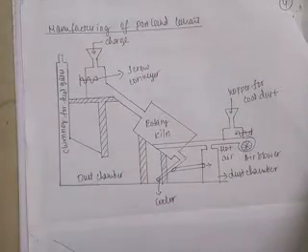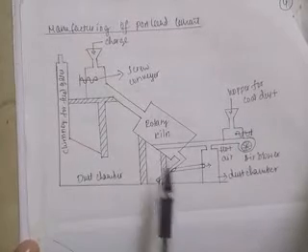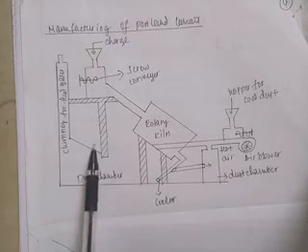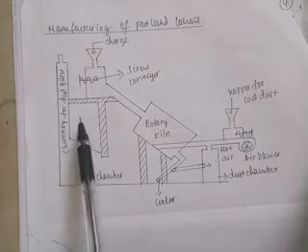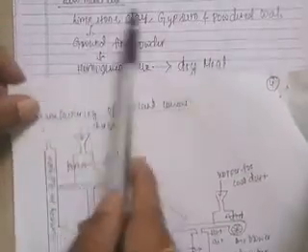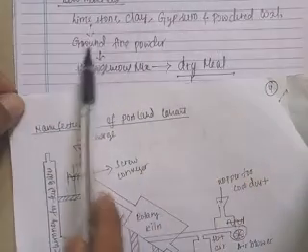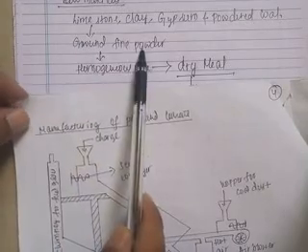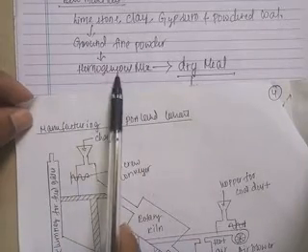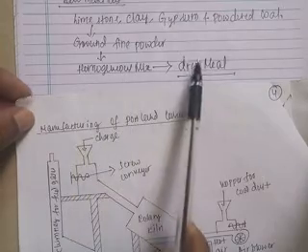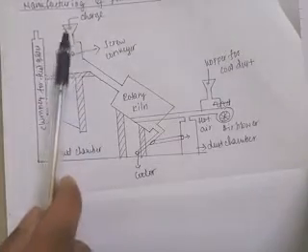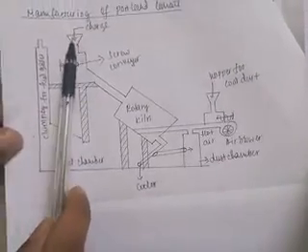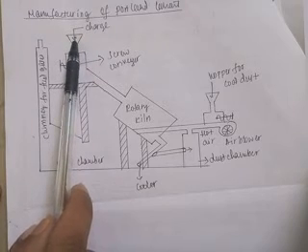Here you can see the rotary kiln. It is used for the manufacturing of Portland cement. The raw materials, that is limestone, clay, gypsum and powdered coal, are separately ground to a fine powder, and mixed in proper proportion to obtain a homogeneous mix called dry meal. This dry meal is added into the rotary kiln.